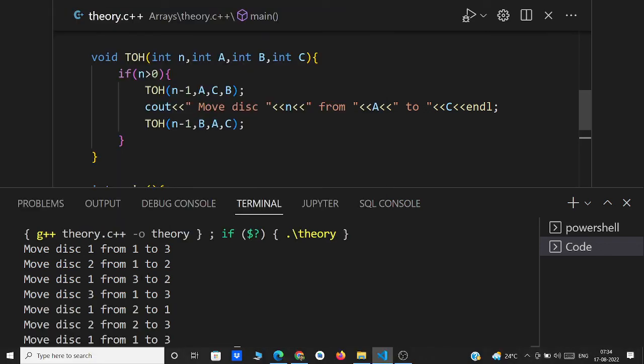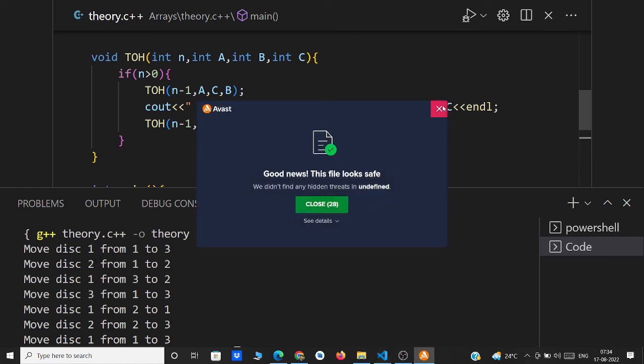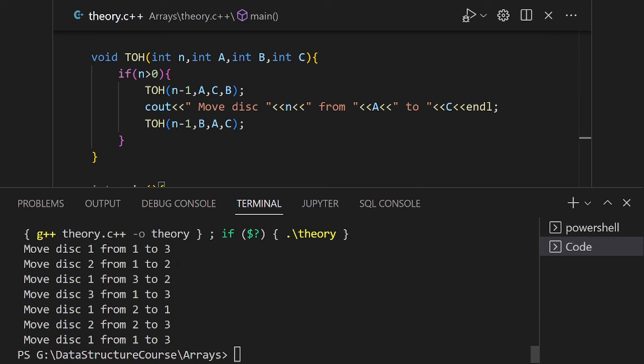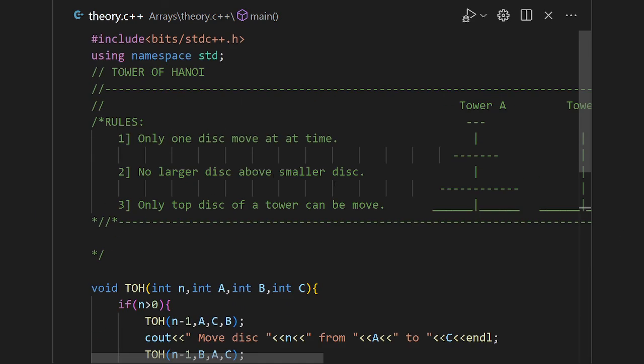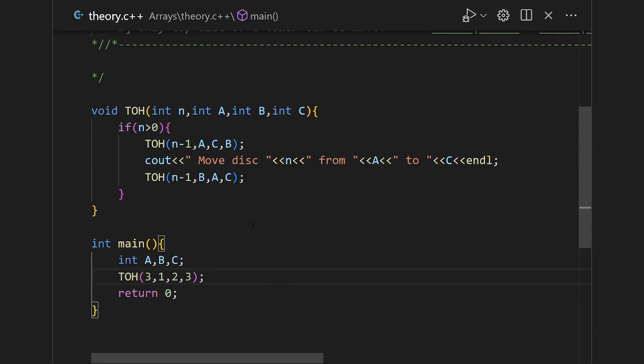As you see on the screen, move disk 1 from 1 to 3, move disk 2 from 1 to 2, move disk 1 from 3 to 2, and then move disk 3 from 1 to 3, move disk 1 from 2 to 1. Likewise, we have to move the disks by considering these three rules: only one disk moves at a time, no larger disk above a smaller disk, only the top disk of a tower can be moved. So this is a very simple code,